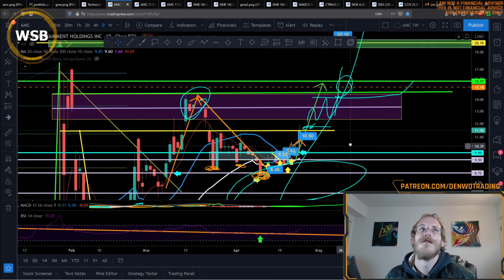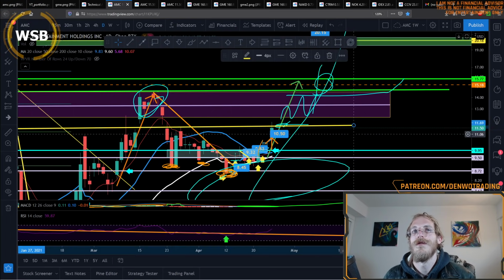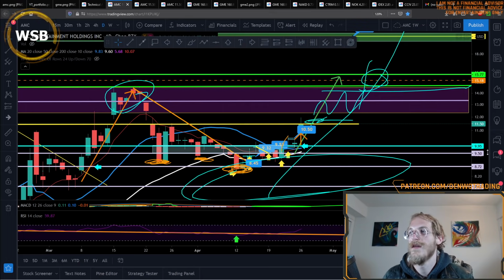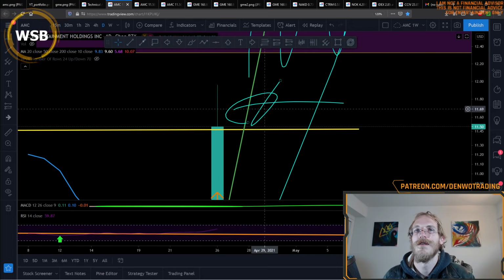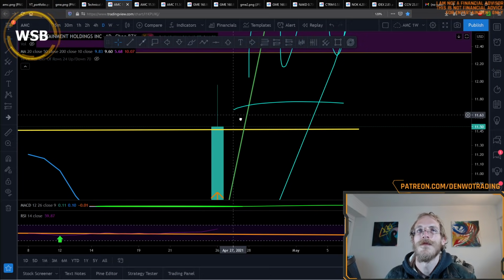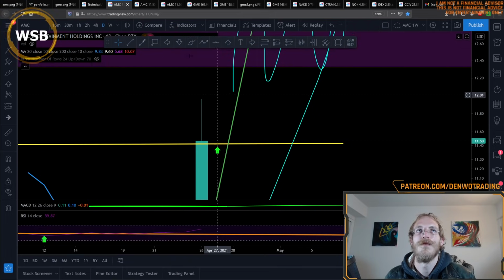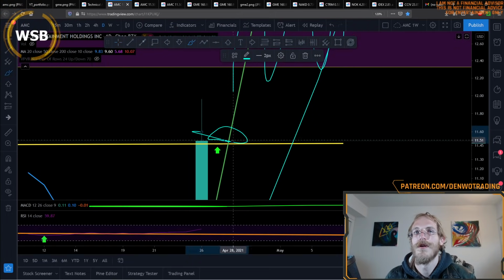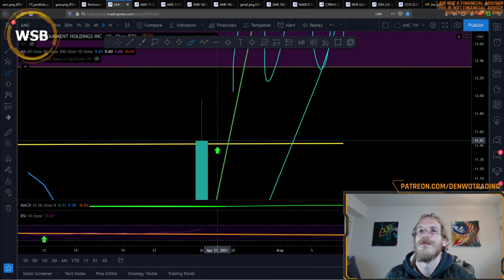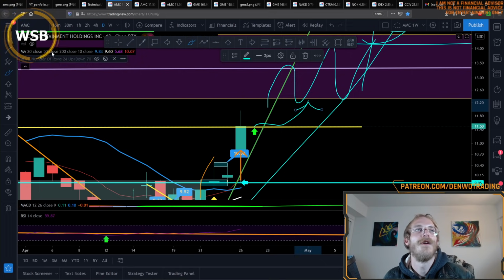So this is a daily AMC chart, and we've had this resistance here for a while, so it's no surprise that's where the candle closed. It did close just ever so slightly on top of here, on top of the yellow horizontal line, and what that's going to mean is hopefully the price does indeed open here on Tuesday. When the market's open, hold this line as support and head up from here. Now if it does,